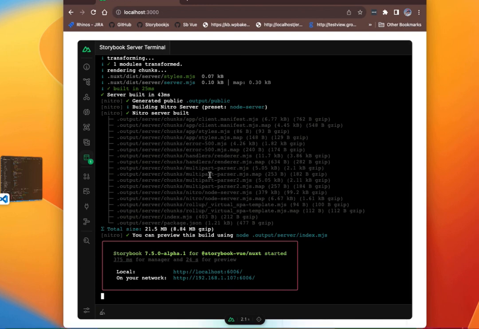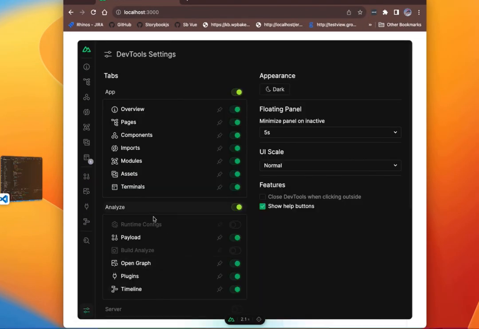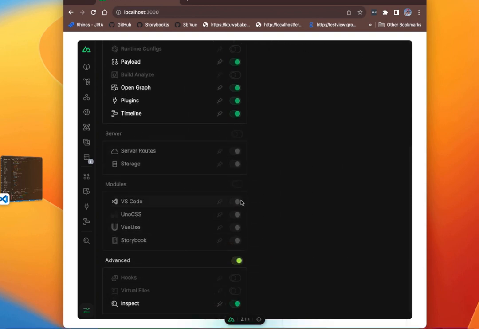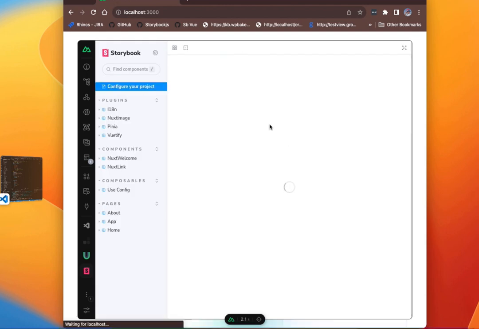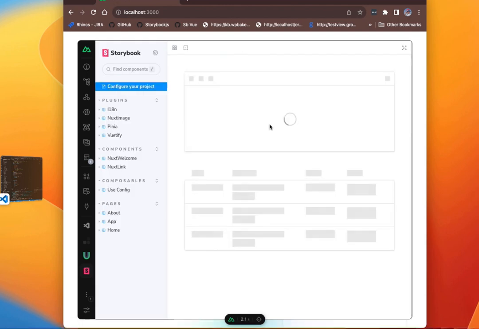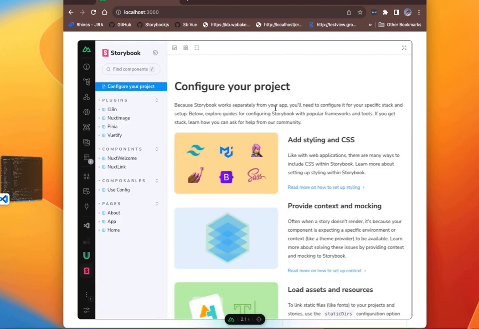And the good thing is that now, okay, so we have this. What do we do now? We are not looking to see really what is going on here. But the idea is, if you go to some configuration, you can see the module here, and you can see exactly that you have Storybook as a module installed, and you have it here. So it's a good thing. So what do we do with that? We click on this, and we're going to have our project's Storybook running in the DevTools, which is great,